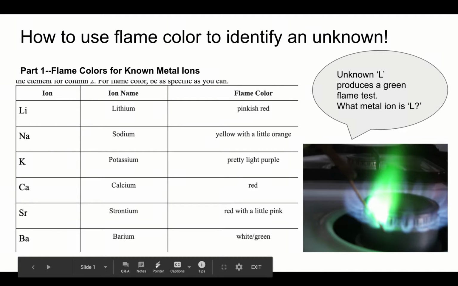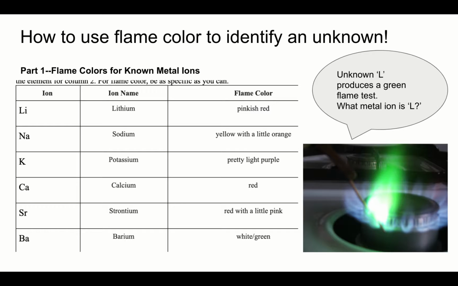And then your claim sentence would say, unknown L is barium. Your evidence statement would say, unknown L produced a green-white flame in the flame test, which matches the standard test for barium, which produces a white-green flame. And then the reasoning that links it together is a discussion in the reasoning paragraph after you've identified